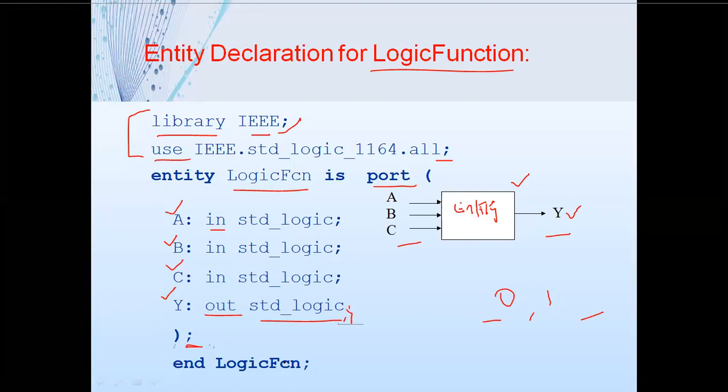So this is how to write the entity declaration for any logic circuit. First you have to take the block diagram, and for that block diagram specify the number of inputs and number of outputs. So list the inputs and outputs and then you write the entity declaration. Without that block diagram we cannot write the entity here, because the block diagram describes the input and output ports of that model. Is it clear?